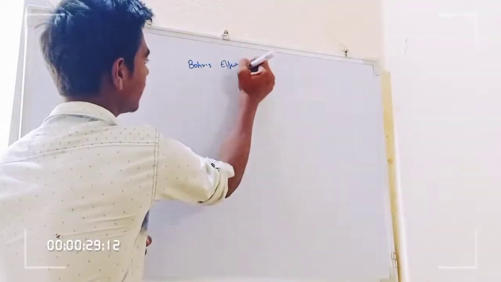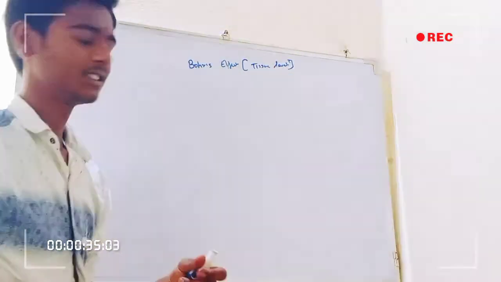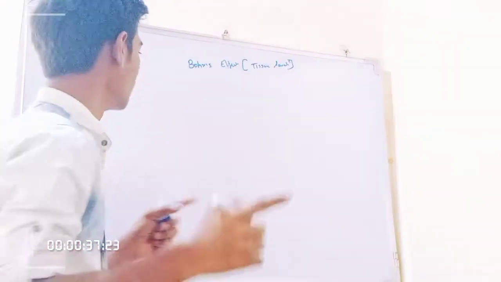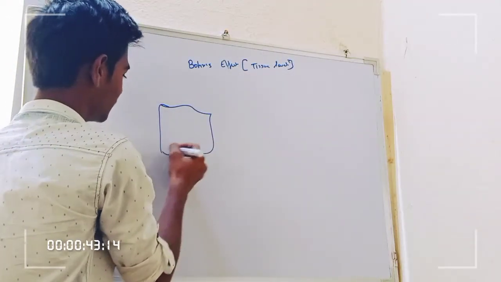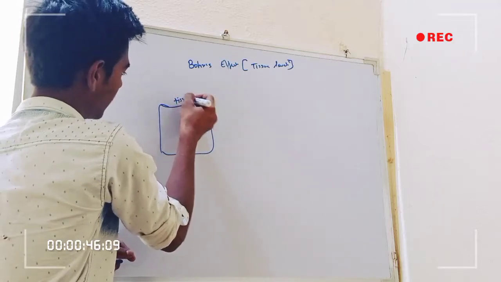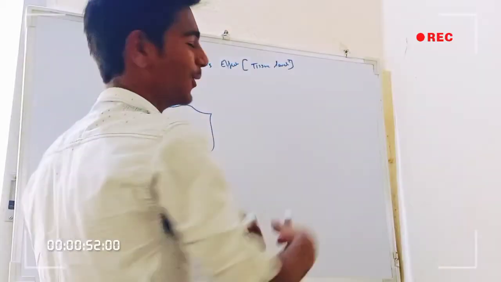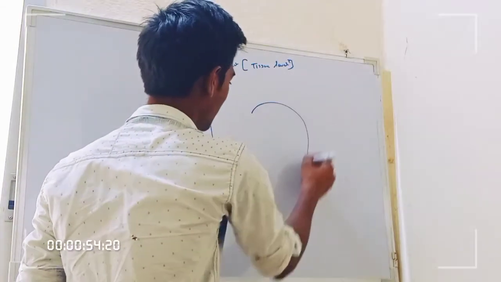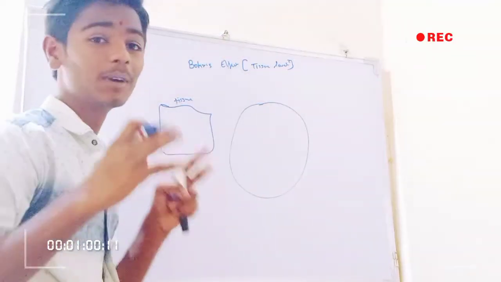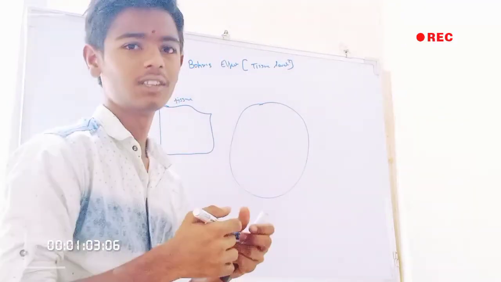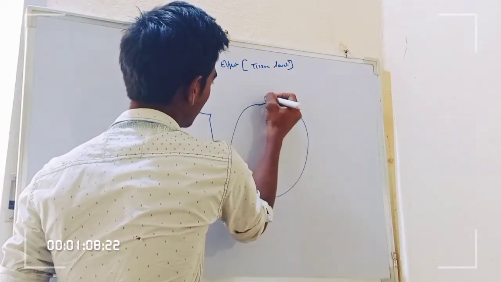Remember friends, this effect occurs at the tissue level. So by visualizing how it exactly occurs, we will study this process. Suppose I have drawn here a tissue, and think that this whole area is capillaries, and this is an RBC, that is a red blood cell. This is not actually bigger than the tissue, but for the sake of our understanding I have drawn it bigger than its actual size.